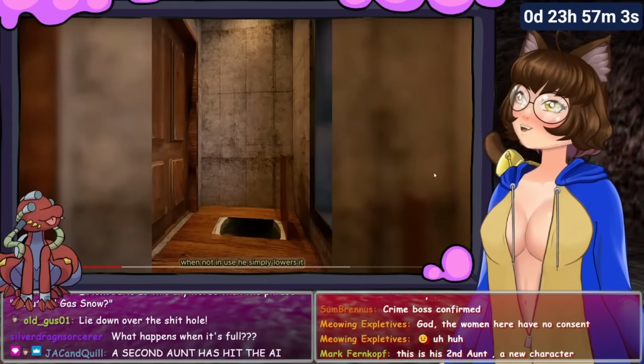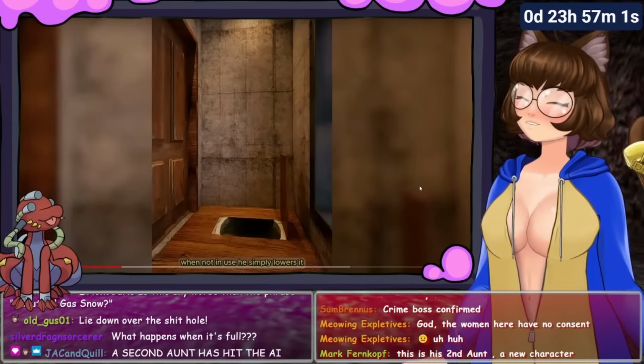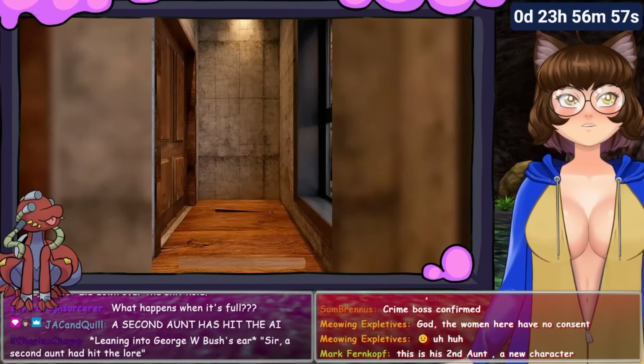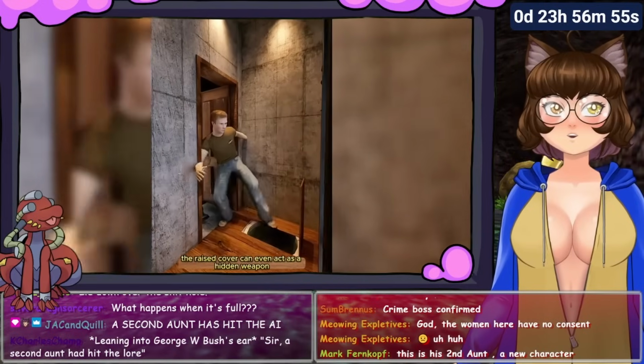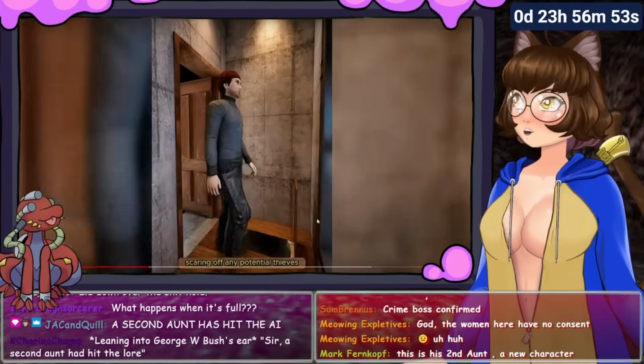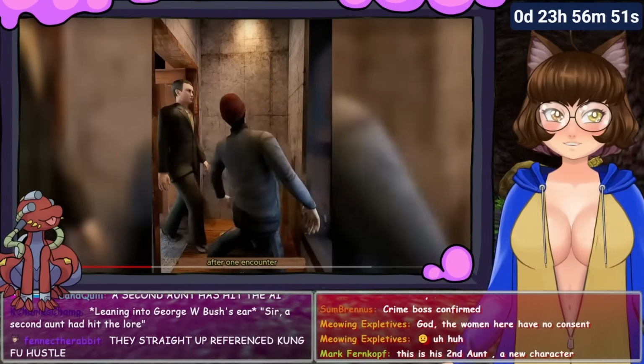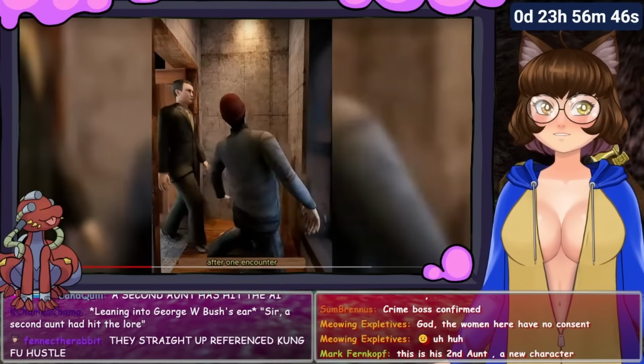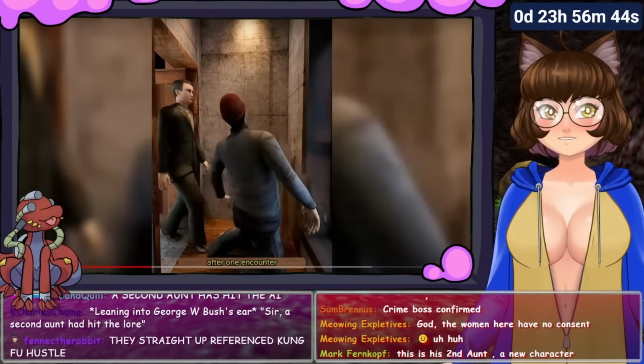Our second aunt has hit the AI. Not in use, he simply lowers it, making it easy to move around. At night, the raised cover can even act as a hidden weapon, scaring off any potential thieves. After... What? As a hidden weapon? What? What is he...